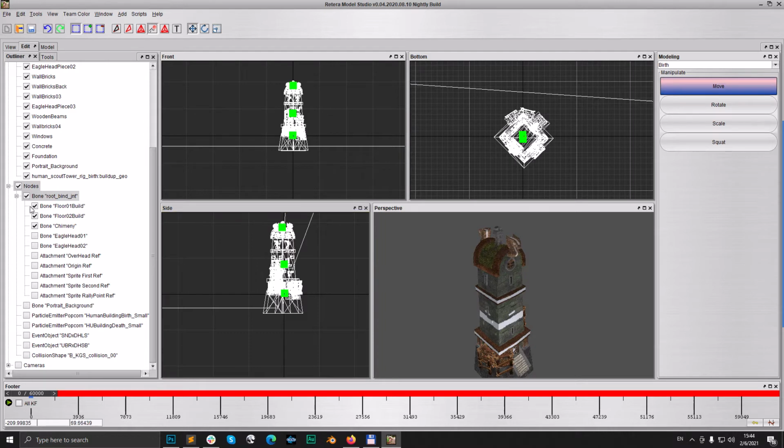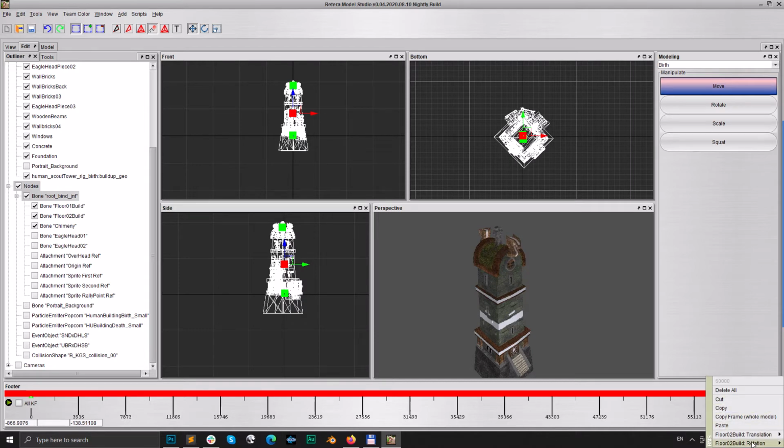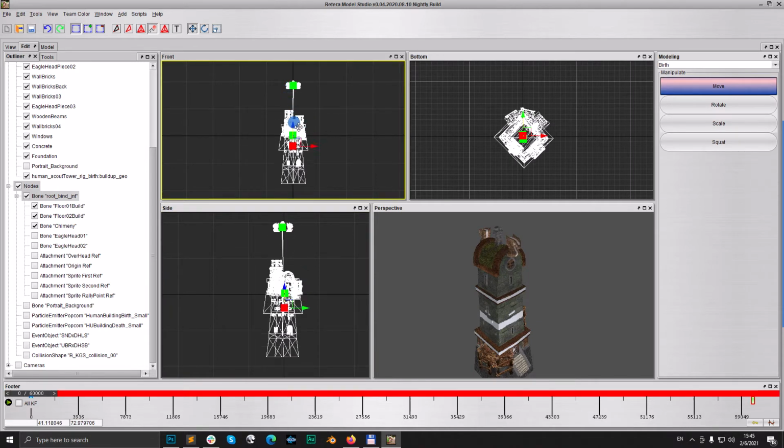I would also turn off the rendering of the portrait background in order not to distract myself. So this is the point 0, and we just pick this bone, and as we can see there are 2 frames for it already created in MDL with rotation and translation to default state. And in the 0 point I'm going to lower down the building,